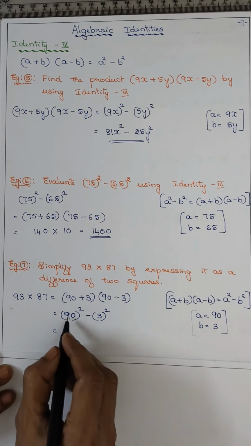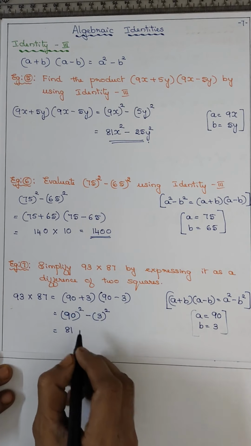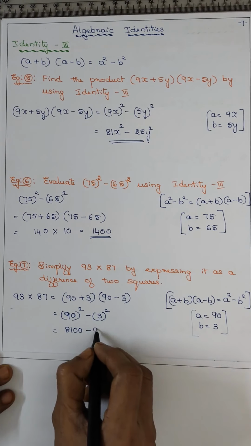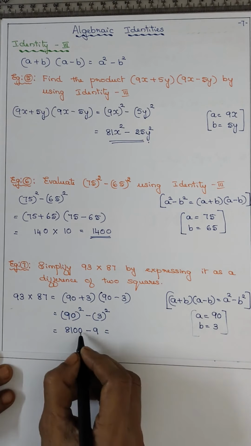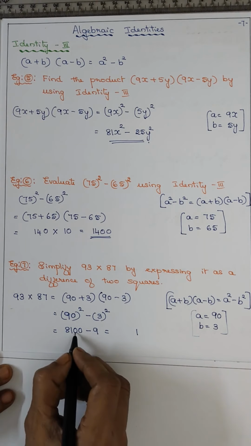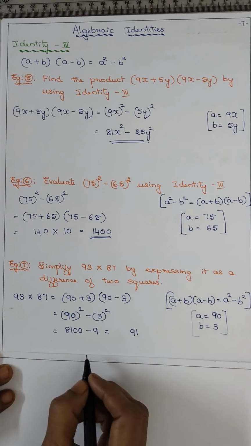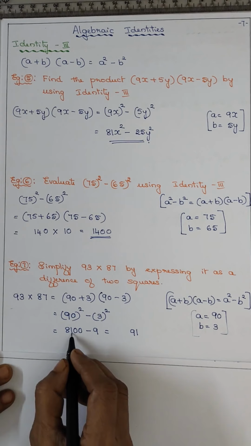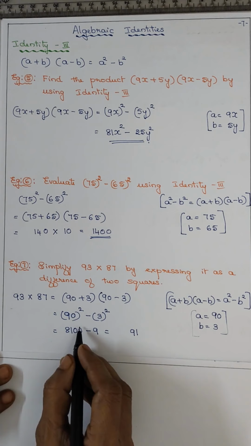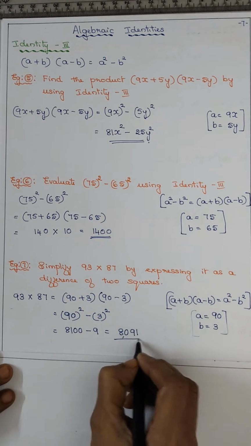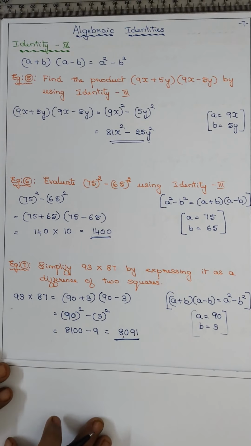Find the value. 9 squared is 81, 1 0, you have to put 2 0, minus 3 squared is 9. 0 minus 9 means 10 minus 9 is 1. Here 9 is remaining because we have borrowed, isn't it. So now how much will be remaining? It is a 0, 1 is borrowed, so 0, and 8 as it is. Answer is 8091.